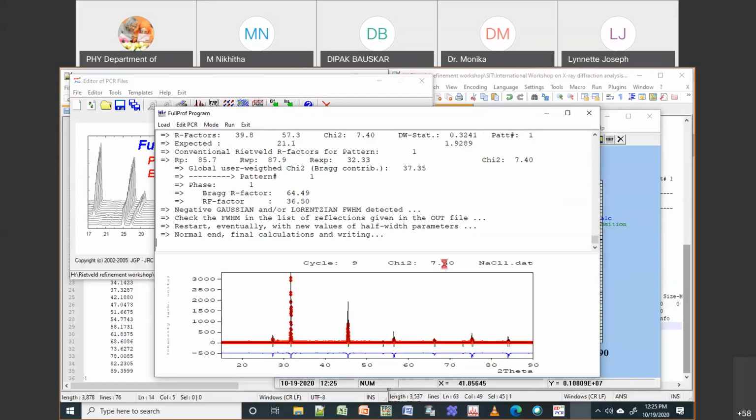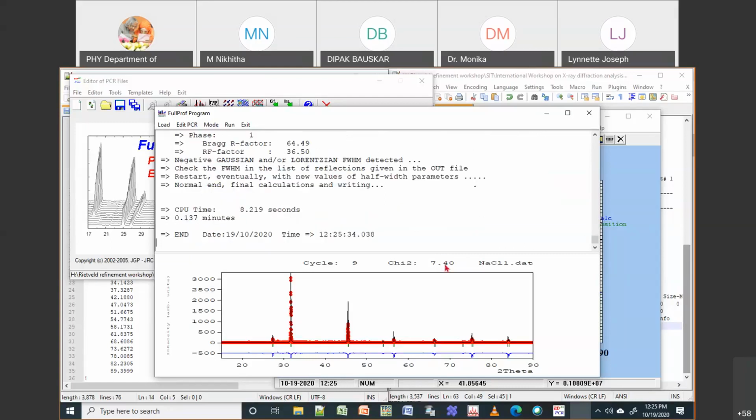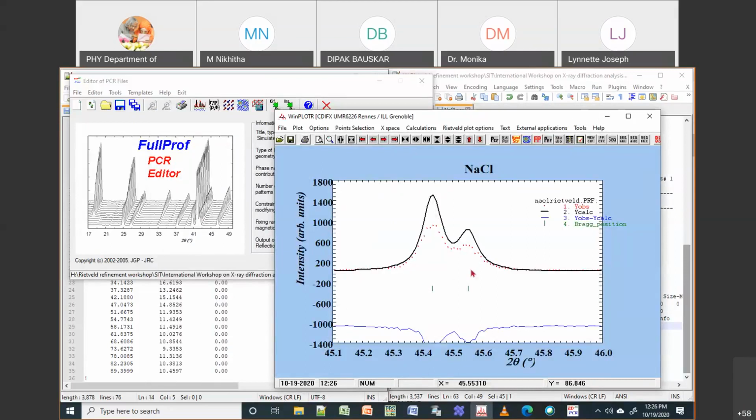So now how to get rid of this is, don't try to do refinement of your XYZ here. Always try to do refinement with respect to your atoms. So this is what I told in the PowerPoint. So you're doing scale factor, then you should do XYZ. But in our case, your sodium is in 000 position, and then chlorine is in 0.5, 0.5, 0.5. So in that case, there is no meaning in doing refinement of your atomic positions. So I'm not going to do XYZ.